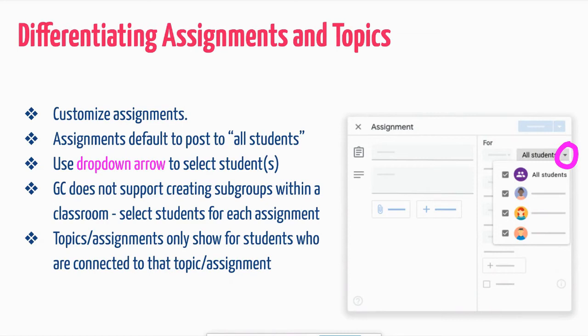As we mentioned, you can differentiate assignments or work easily in Google Classroom. This also creates differentiated topics if necessary for students as they look at their work on the classwork page. To customize assignments, know that assignments always default to post to all students unless you use the drop-down arrow to